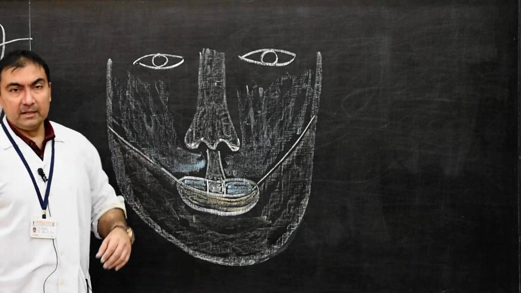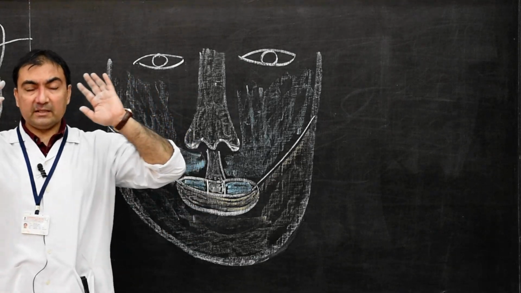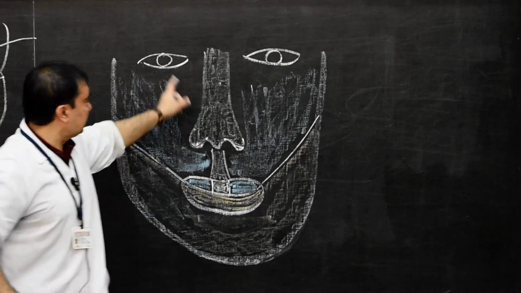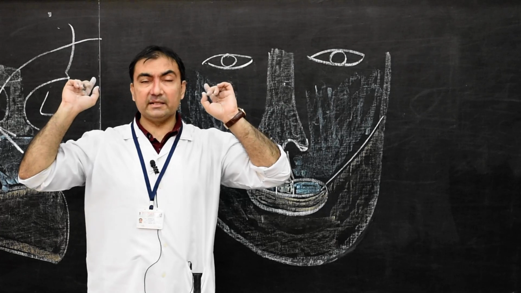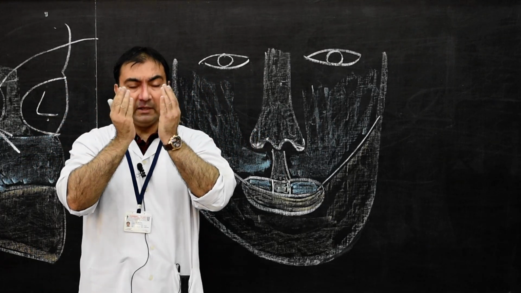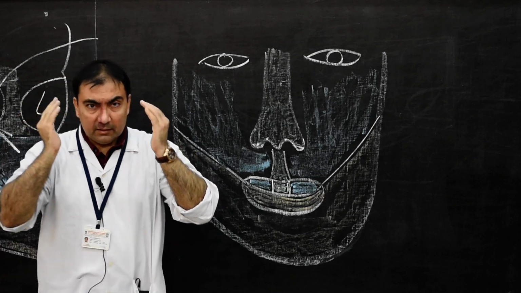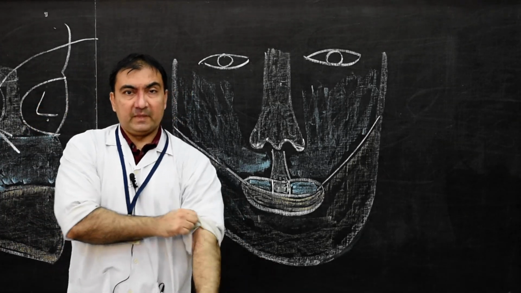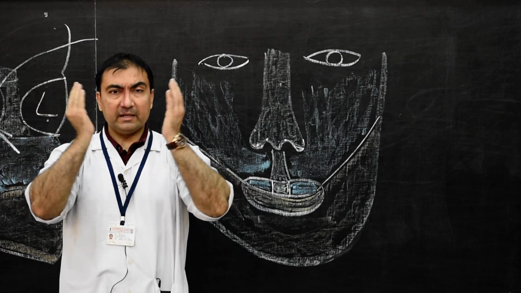Now in the last diagram, we have seen that all the structures that have developed dorsolaterally, that is the lens cord and all the maxillary prominences, they have migrated and grown more to the median side. They have come more to the front side, anteriorly. From the dorsolateral side, they have migrated anteriorly.